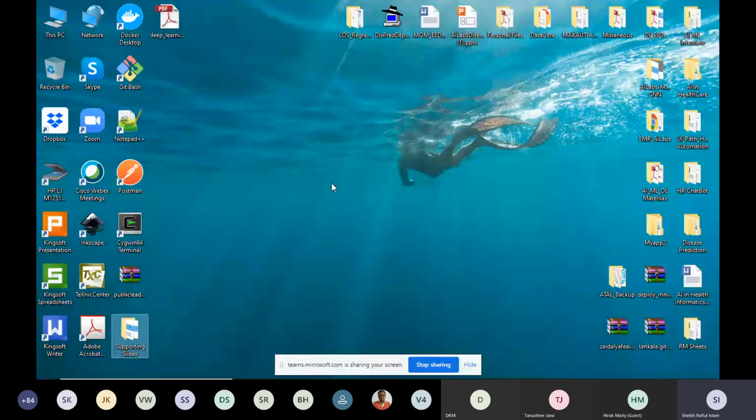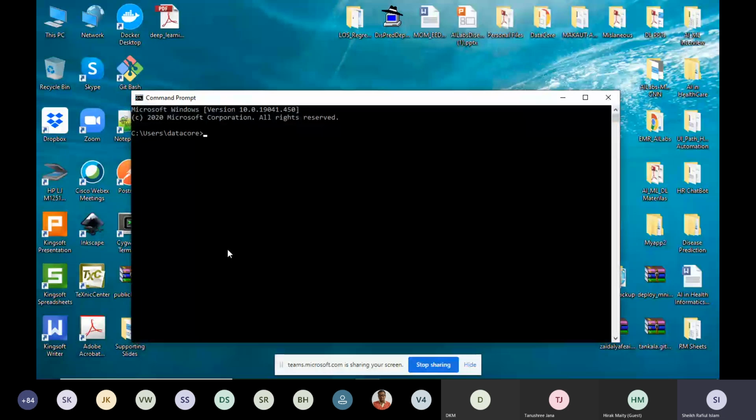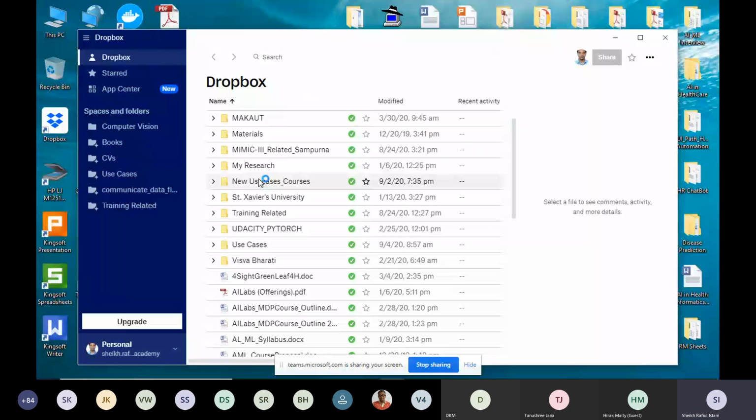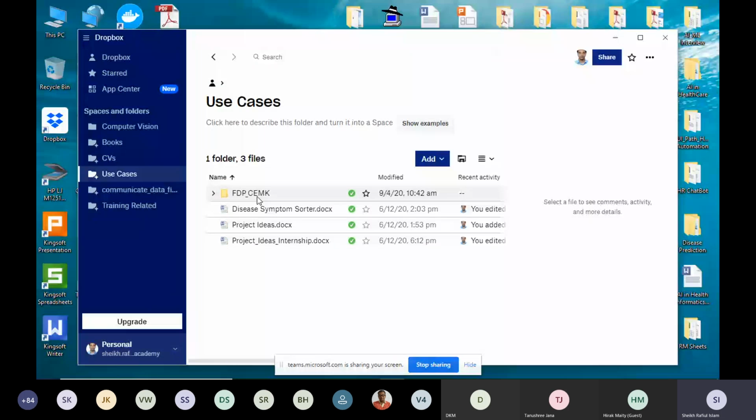So to do that, I am just searching for command prompt here. In the command prompt, you need to browse to where you want to keep your project or have already kept it. For me, I have this Dropbox, and in that Dropbox, I have use cases. Under use cases, we have the FDP CEMK folder.